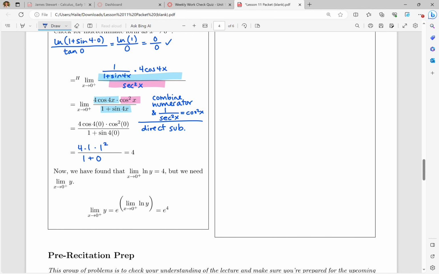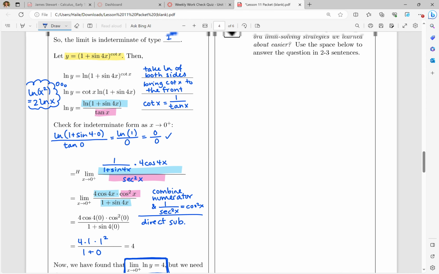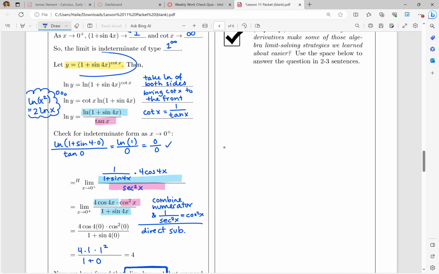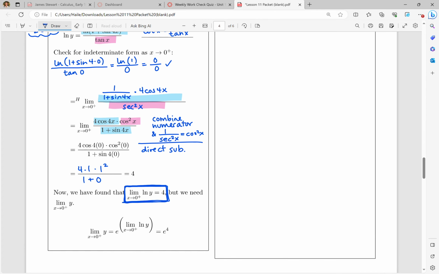So now we've found that the limit as x approaches 0 of ln of y is equal to 4. This is really important. We found a limit, but it's not the limit that we need. We've finished the roundabout part of the limit. But remember, at the very beginning of this problem, we made this initial substitution of y equal to this big thing in the limit. So we found the limit of the natural log of y, but we need